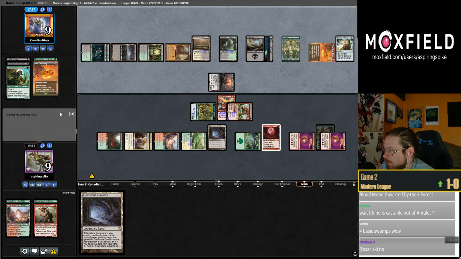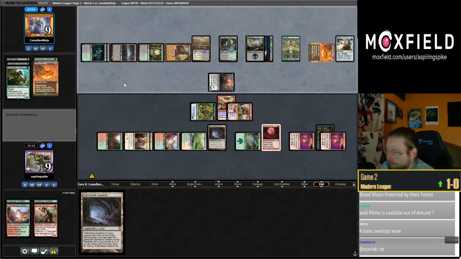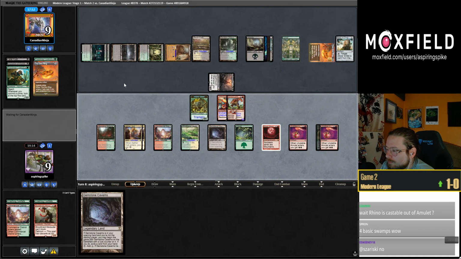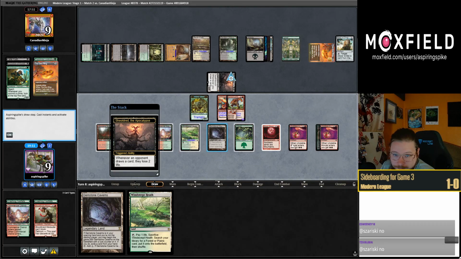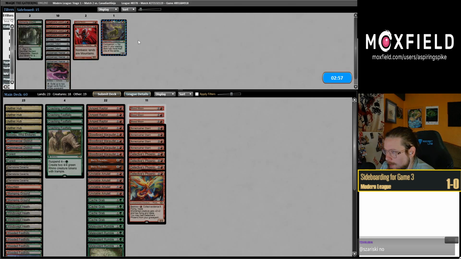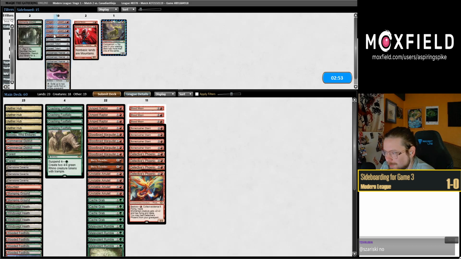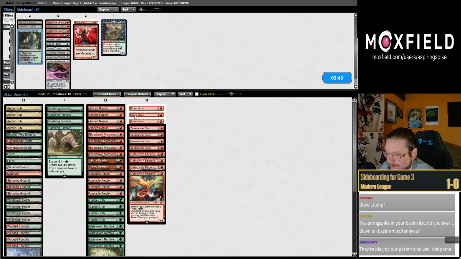Is Rhino castable out of Amulet? No, I don't really know what people think it would be. Okay. Close one. Going to game 3. Don't feel so bad about opponents kind of having pretty perfects there for a few turns. Kind of surprised we lost that one. Yeah, we could put Jegantha in our hand, but...